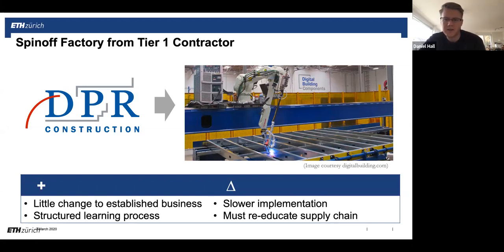They're actually just still operating project by project, but they've created a partner company that enables them a structured learning process. So they have a sister company that helps them learn about industrialization, and they can continue to work with them on that approach. At the same time, there are some negatives to this approach. It's actually quite slow to do this. You can't really innovate that quickly.